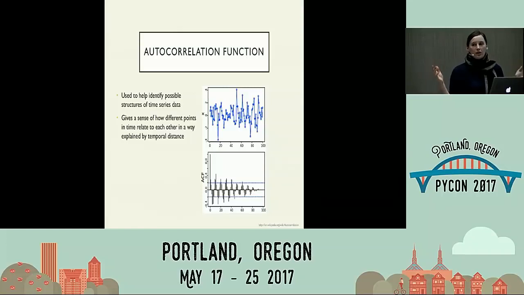When I'm looking at the autocorrelation function of a lag of 1, how many correlations am I looking at? Well, I'm looking at from 1 to 2, from 2 to 3, from 3 to 4, from 4 to 5, from 5 to 6, from 6 to 7, from 7 to 8, from 8 to 9, from 9 to 10, right? So even though I've just got this one string of numbers, each of those pairs is giving me the lag 1 autocorrelation value.